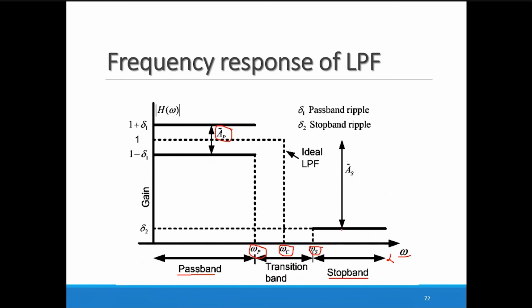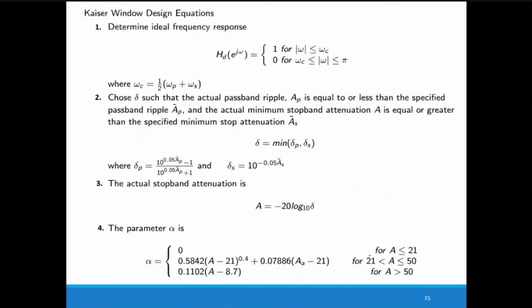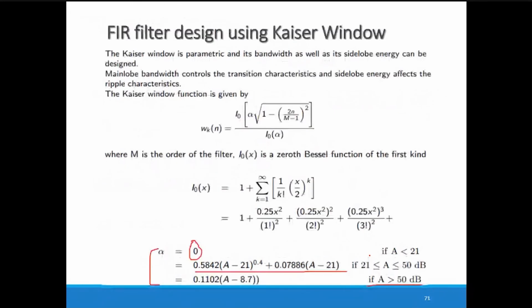Similarly, AS, whatever is mentioned over here, represents the stop band ripples. Okay, so now we determine the steps for the solution. This is how the Kaiser window function is represented. This is the omega n, I0 is involved, I0 represents the Bessel function, and alpha. So here we discuss these three notations, I0, alpha, and m, which are new to you.